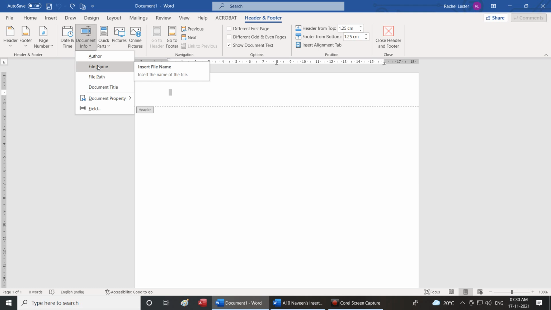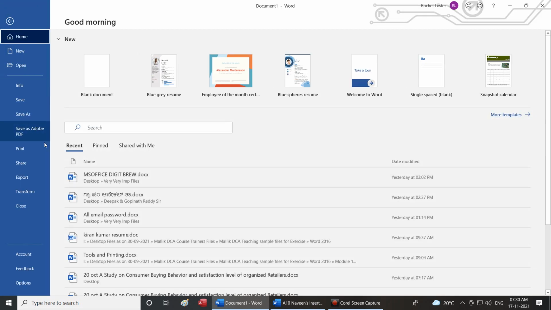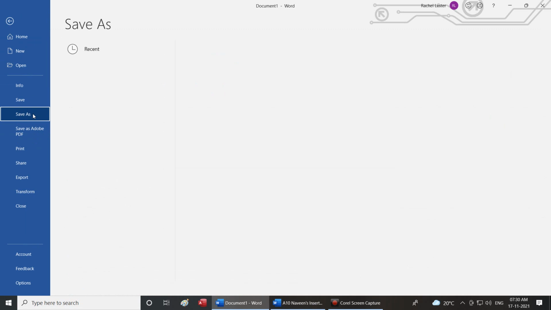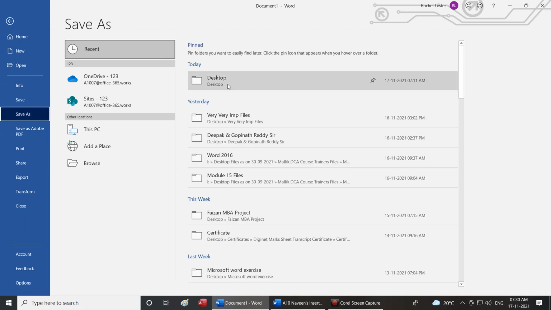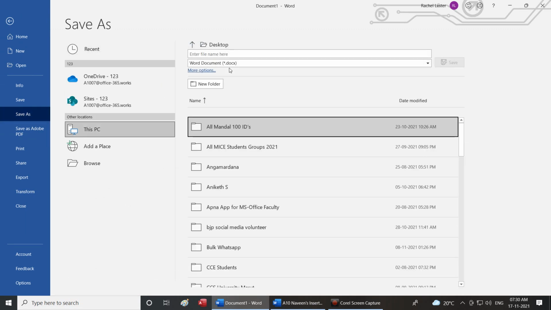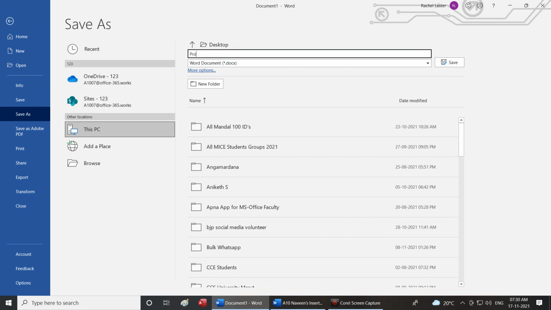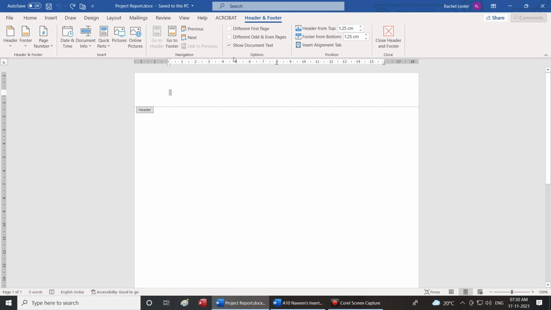Guys, all of you look at the monitor. Let me save this file as project report. The moment I have named this file as project report, when I come to document info and I select file name, it will actually put the name of the file.